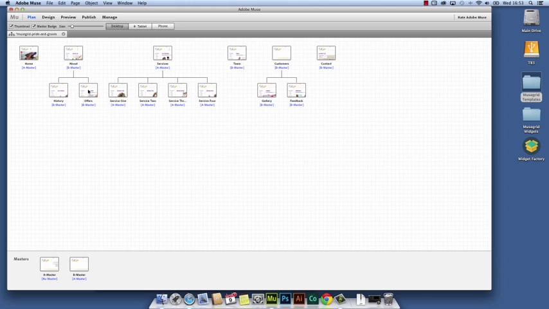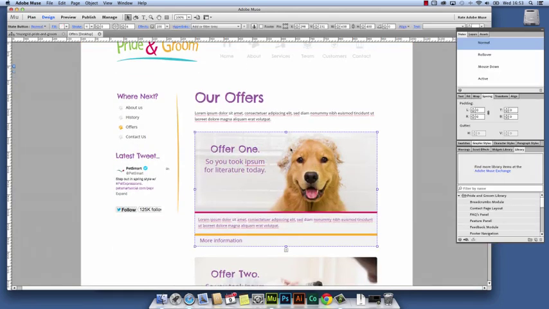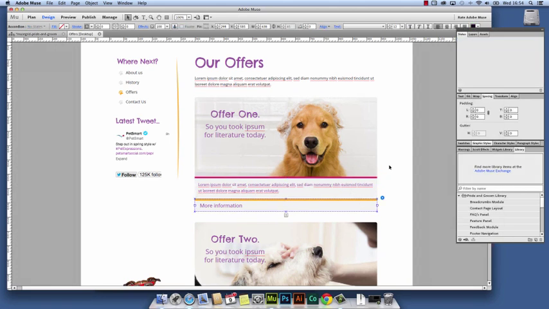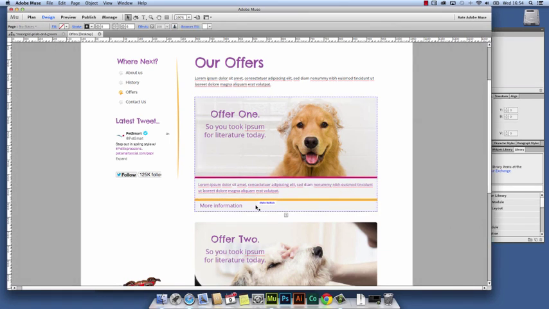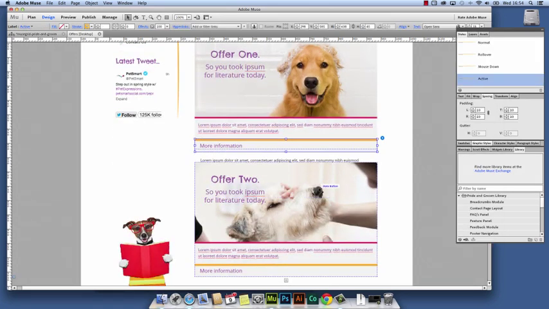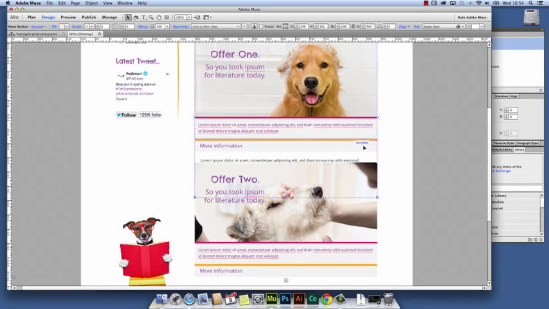So taking a look at our offers page here, when it wants to open, we can see that this offer panel here is a composition widget. So it's all placed together, and we have an accordion panel sitting at the bottom here. When that opens up, it goes behind that unit. Let's use the bottom widget. If we wanted to work on that,